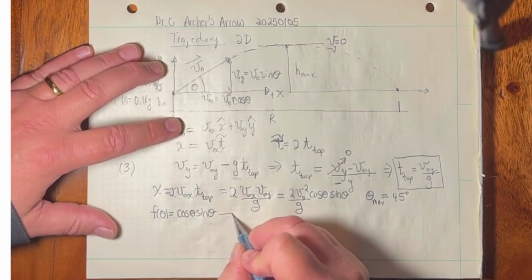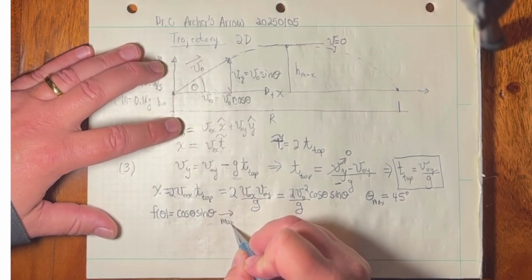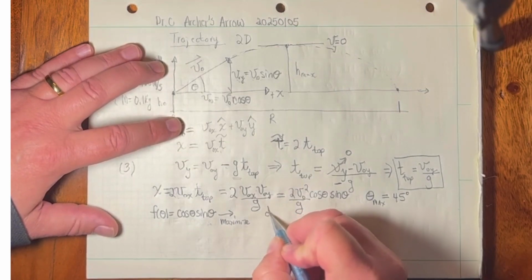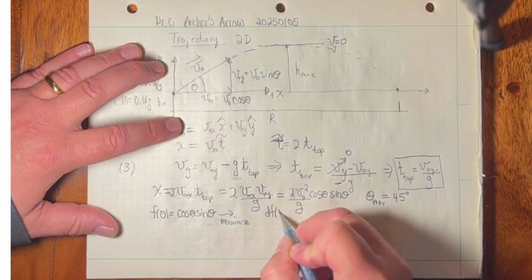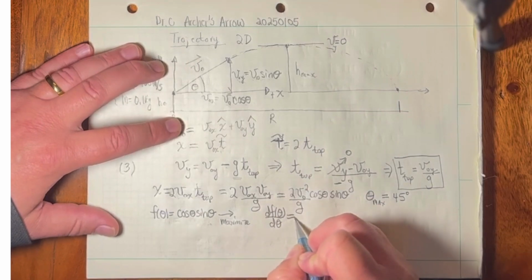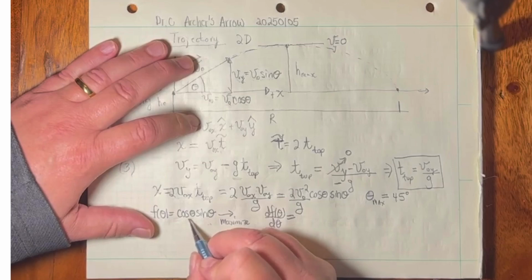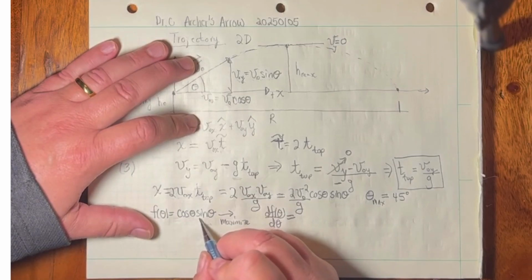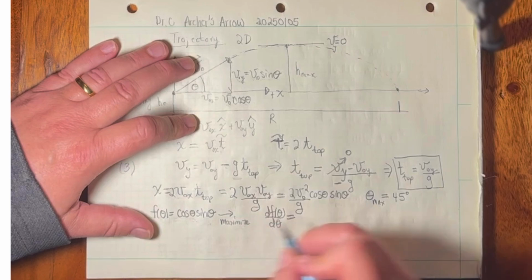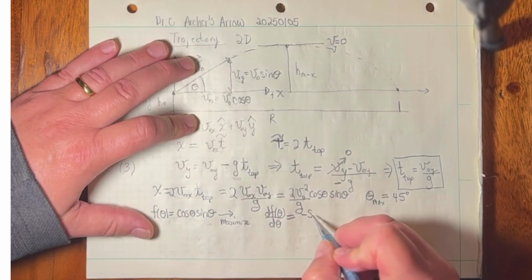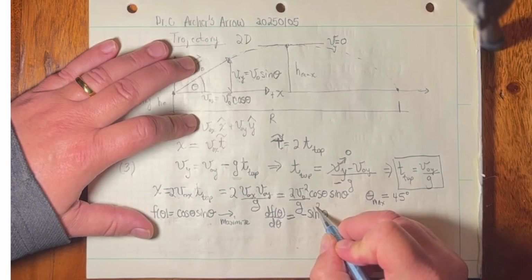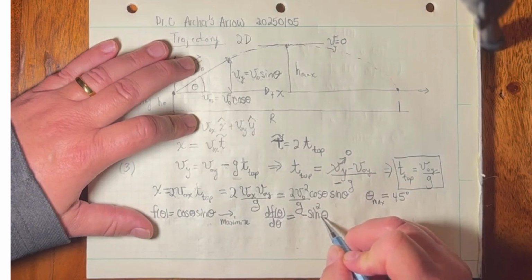To maximize, we take the derivative and set it equal to 0. df of theta d theta. Now let's use the product rule since we have two terms multiplied here. So the derivative of the first term, which is cosine, is a minus sine theta. Now it's times the sine theta, so it gives you a minus sine squared theta